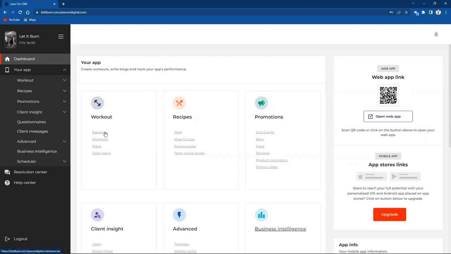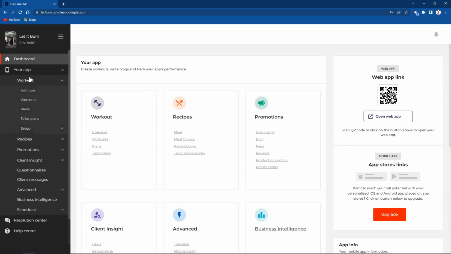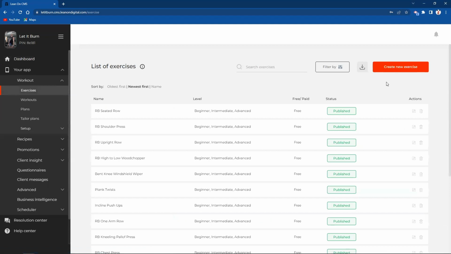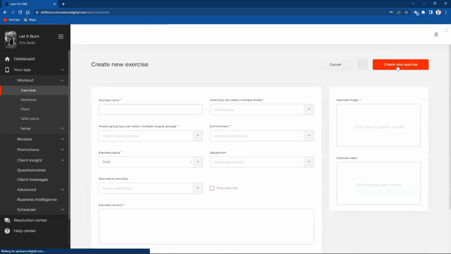You can click on the exercises on the main dashboard, or clicking on workout, you will see all the options listed. To create a new exercise, click on the Create New Exercise button. This will open a new form. Fill out all the info. Exercise name, level. You can select multiple levels, muscle groups that are covered for those exercises, environment where you can